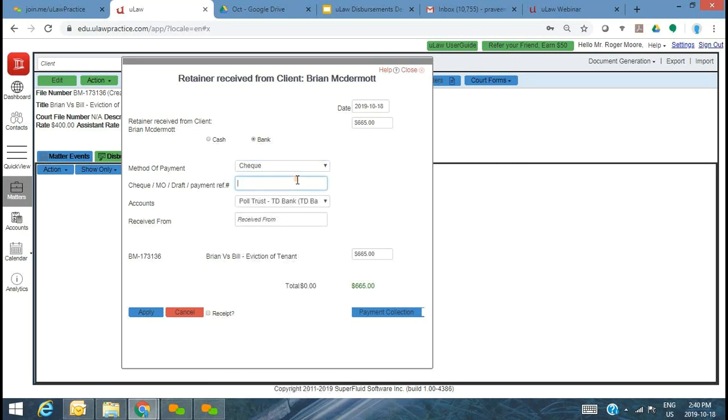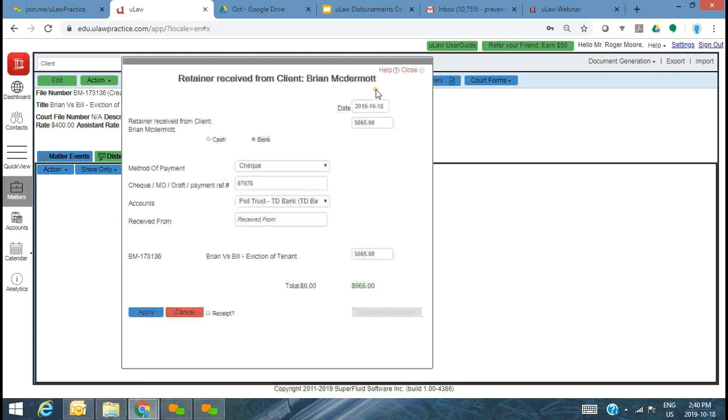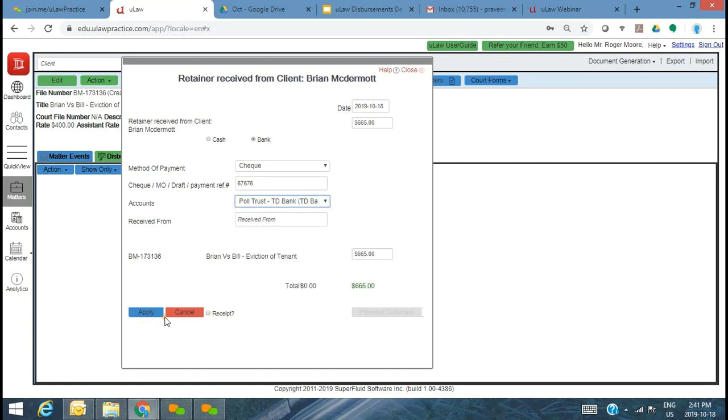Of course, the customer may have paid you a check that you then deposit into your trust account. You can also accept that payment using a credit card if you use any of the third-party gateways that you may want to integrate with, such as Global Payments, TD, Pivotal, Moneris, etc. Otherwise, the old school way of accepting a check and getting that money into your trust account.